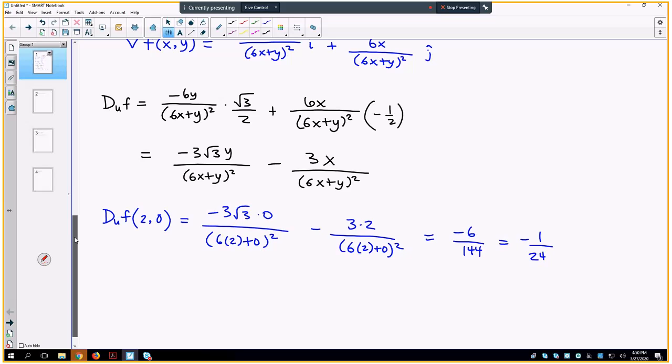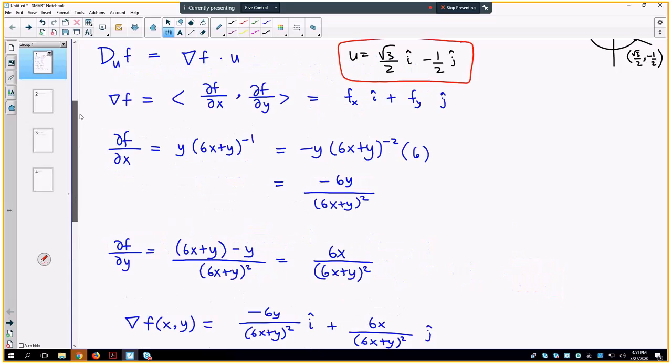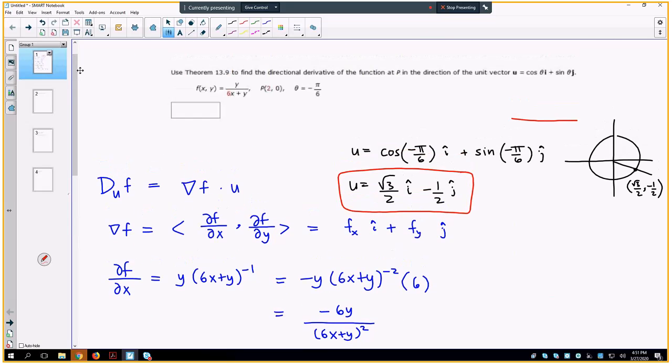So the answer to my question, which asked me to find the directional derivative of the function at the point P in the direction of a specific vector, is going to be minus 1 over 24. Okay,